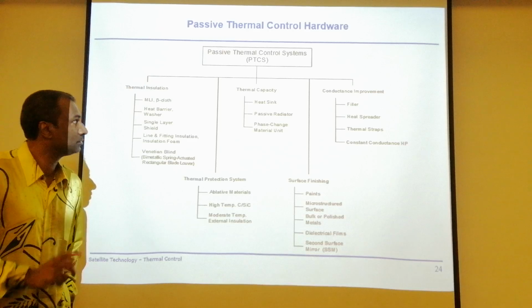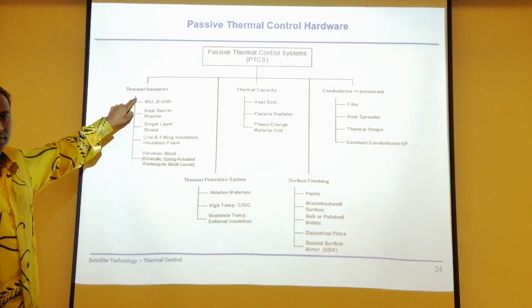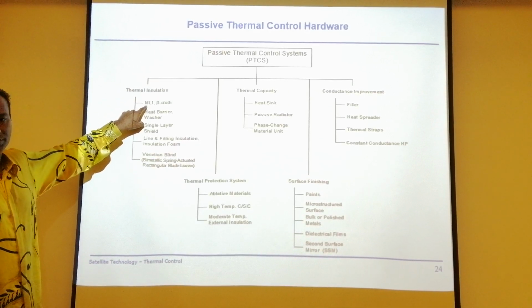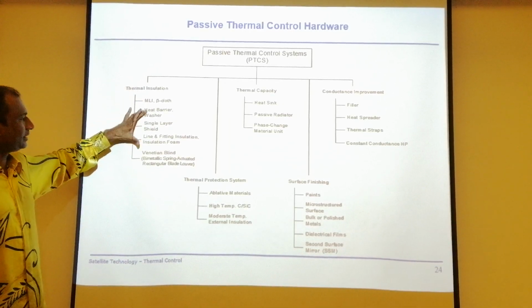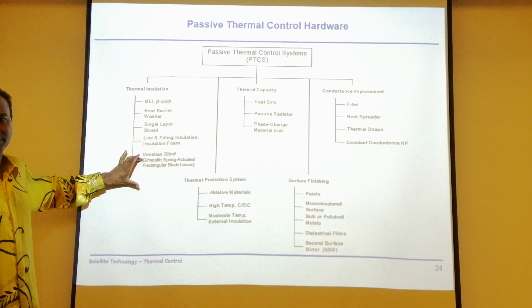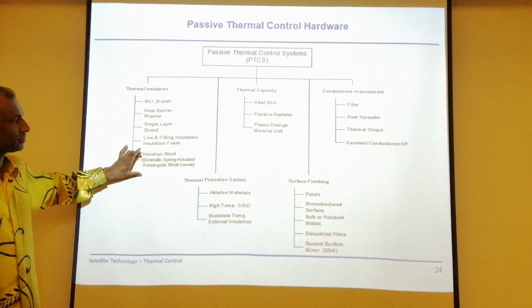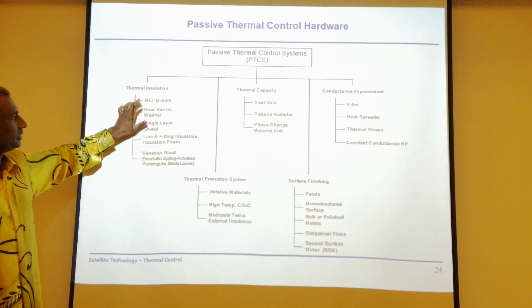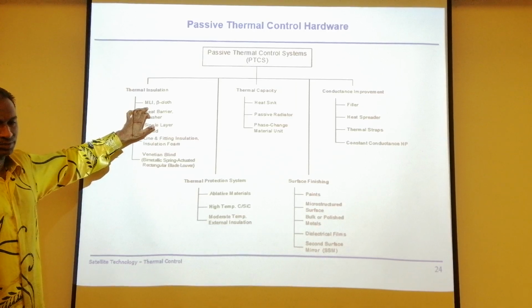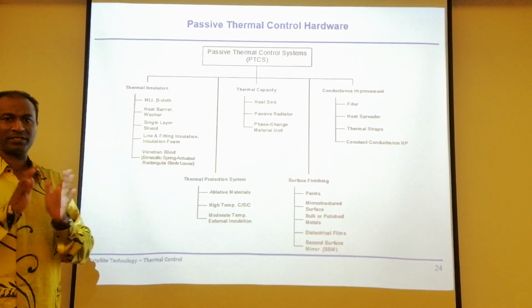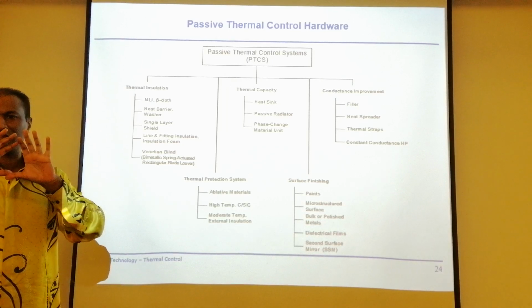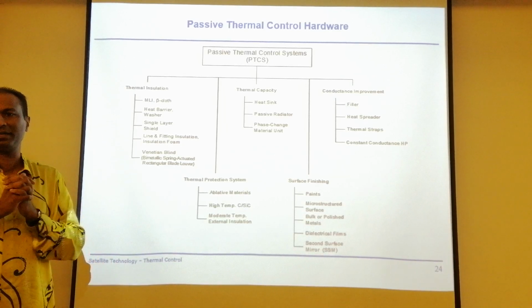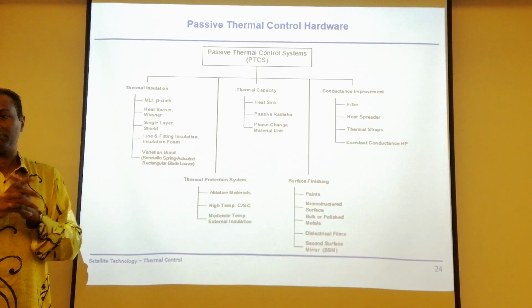Typical one, thermal insulation, multi-layer insulation. We're going to highlight this because this is very typical for satellites. The rest, yes, have usage as well. Okay, important: multi-layer insulation. For example, if you look at a satellite, sometimes you see all these wrappings that look like a very gold kind of wrapping. That is actually the multi-layer insulation. It's called